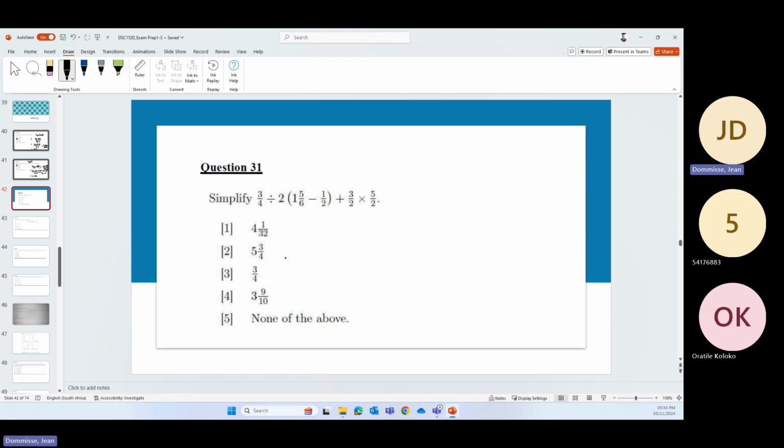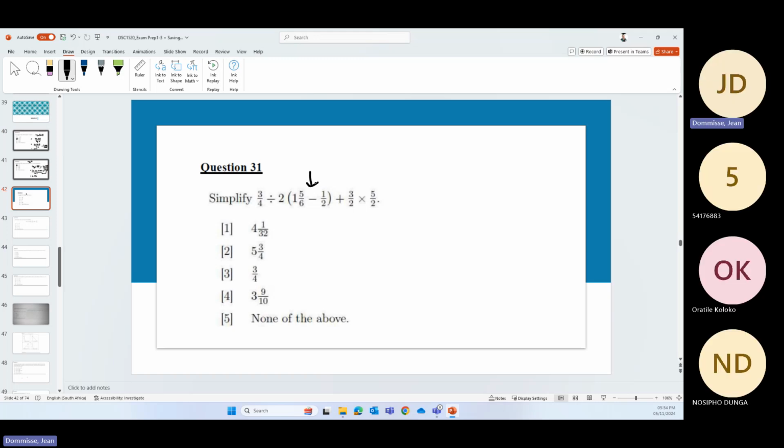So what we need to do here is look at BODMAS. In one of your other subjects, you have probably seen BODMAS as well. So first we need to work out what is in the bracket. That is 1 and 5/6 minus a half. That we will multiply by 2. Then we will say 3/4 divided by that answer. And then lastly, we will add